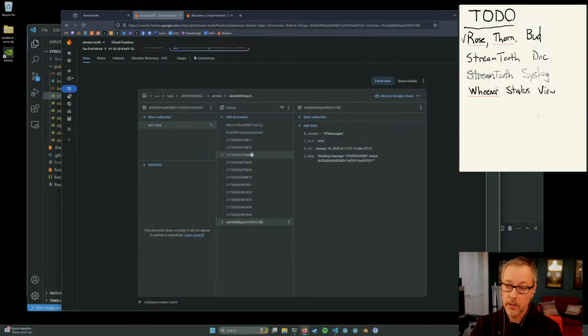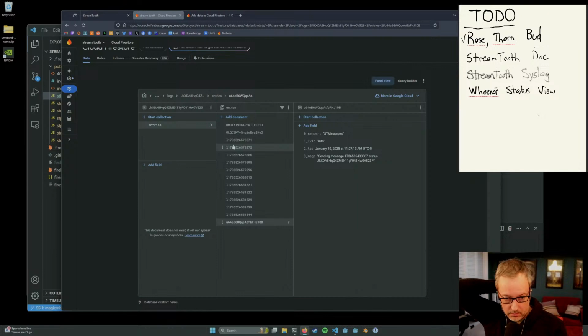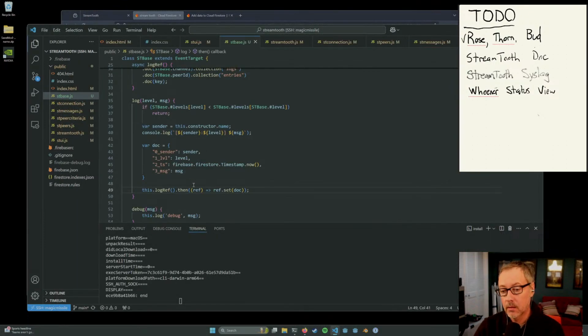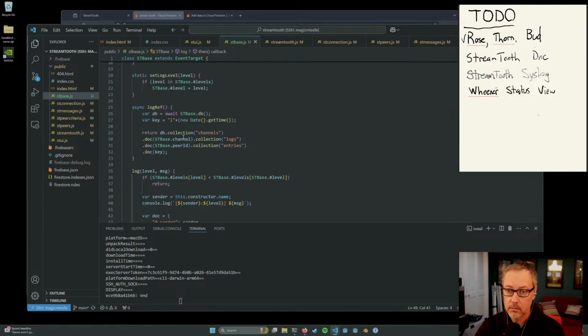All right, so now I want these to be... I mean, do we need to worry about milliseconds? Could two log entries happen at the same millisecond? I mean, theoretically.